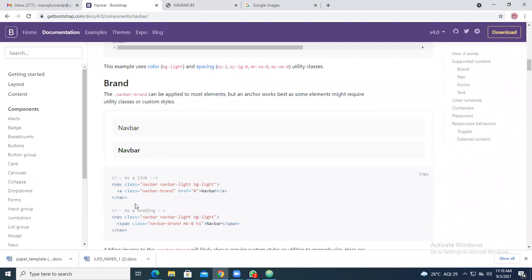If you want the navbar in different ways, you can have a light background. The navbar's first setting is this one, the second setting is this one. If you give the navbar brand, in the first navbar settings you can take it as a link, or you can take one as a heading.